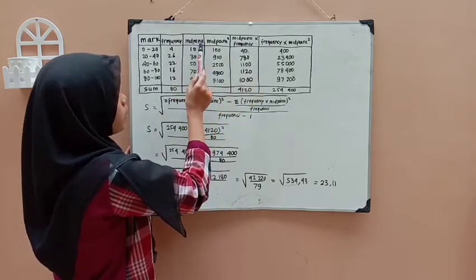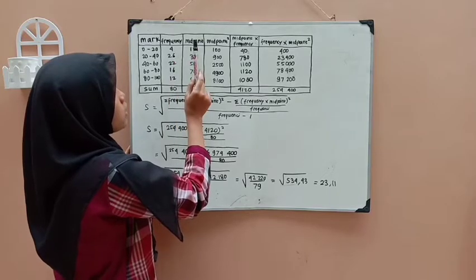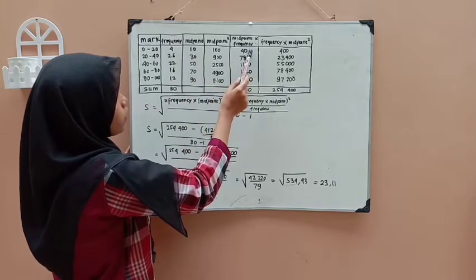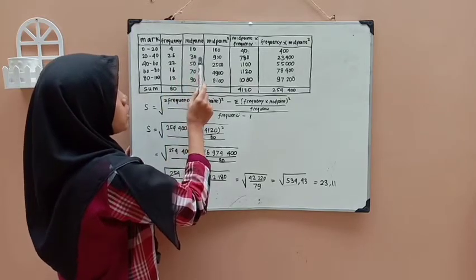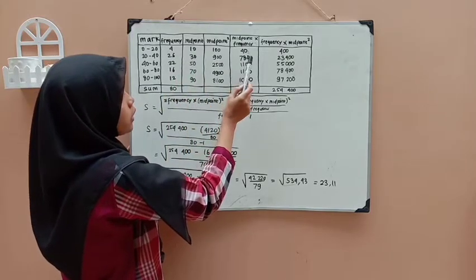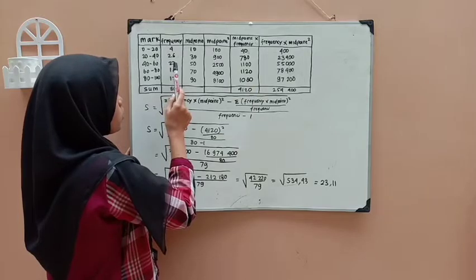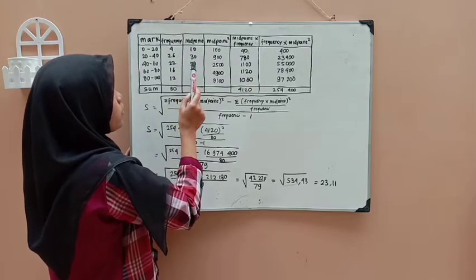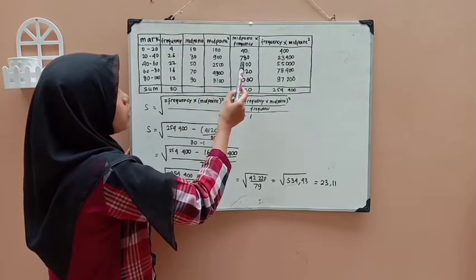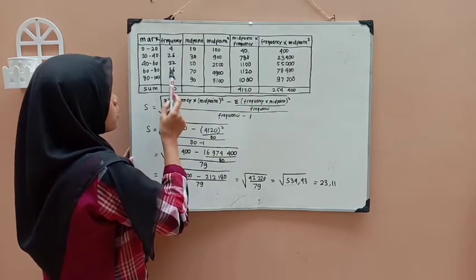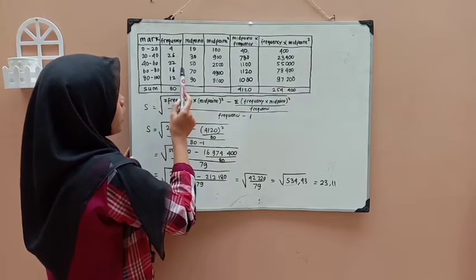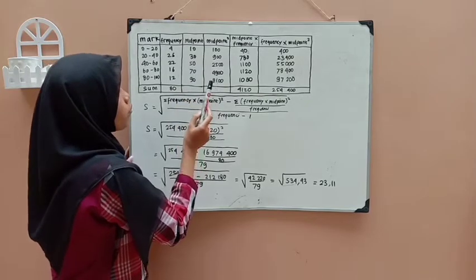Midpoint times frequency. 4 times 10 equals 40. 26 times 30 equals 780. 22 times 50 equals 1,100. 16 times 70 equals